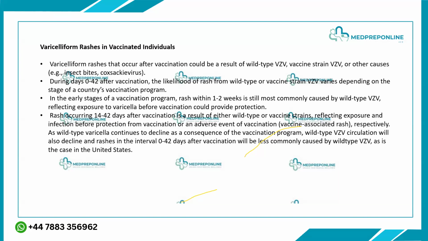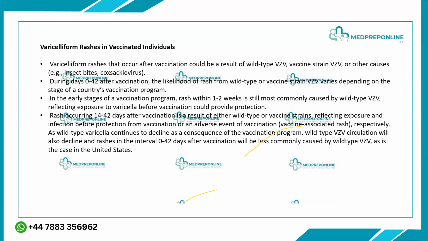In the early stages of a vaccination program, rash within 1 to 2 weeks is still commonly caused by wild type. ठीक है, तो अगर ये यूजुअली डेवलपिंग कंट्रीज में ही इस तरह की चीजें देखी जाती हैं. अगर तो रैश विद इन 1 to 2 weeks ऑफ वैक्सीनेशन में अपीयर हो गए तो वो यूजुअली वाइल्ड टाइप वेरिसिला जोस्टर की वजह से होता है. रिफ्लेक्टिंग एक्सपोजर टू वेरिसिला बिफोर वैक्सीनेशन वुड प्रोवाइड प्रोटेक्शन. तो अगर वैक्सीन लगने से पहले कभी बच्चे को चिकन पॉक्स हो चुका है तो उसमें जरा ये लीजन्स कम